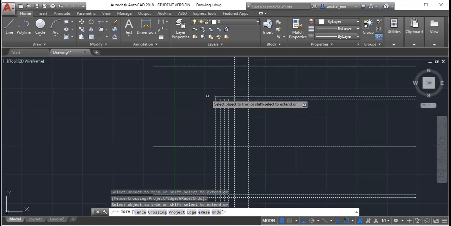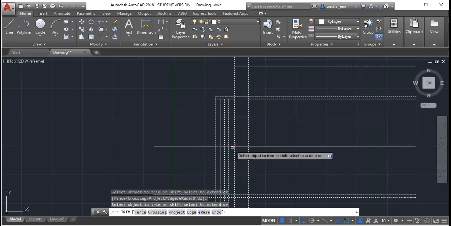This one I don't need. This one also I don't need. This line I don't need here. Then insulation inside the core I don't need. And then this line is also not required.